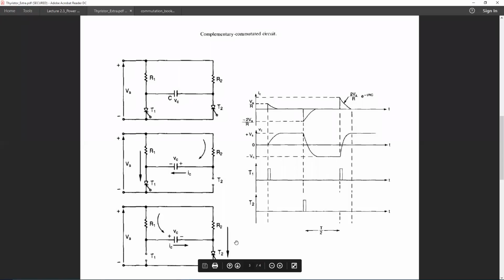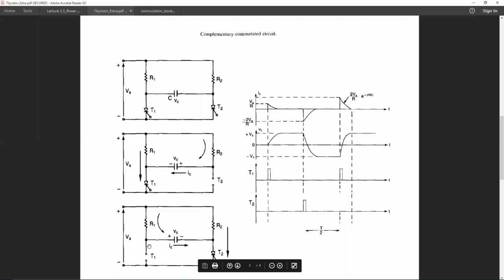So the thyristor T1 will be reverse biased and will be turned off. So the second stage of the circuit will look something like this. So after that, the main current will be flowing through this R2 and T2, and an auxiliary current will flow through R1 and this capacitance. Since the flow of the current is reversed, the voltage of the capacitor will be reversed. After the capacitor is fully charged, this link will be broken and the voltage of the capacitor will stay like this.